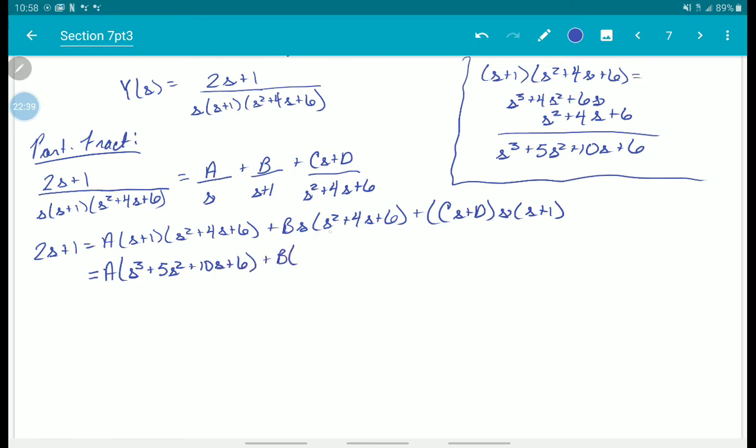For B, if I distribute that s, I have s cubed plus 4s squared plus 6s. And I'm going to leave that a out. I know everything in here needs to be distributed by the a. I know everything in here needs to be distributed by the b. This guy, I am going to have to factor this out. So this is cs plus d times s squared plus s. So now if I were to FOIL everything through,